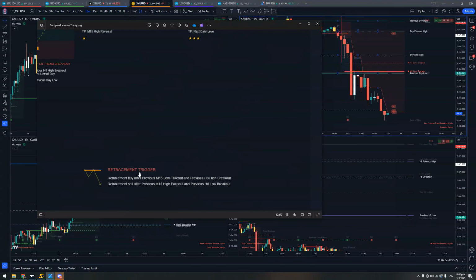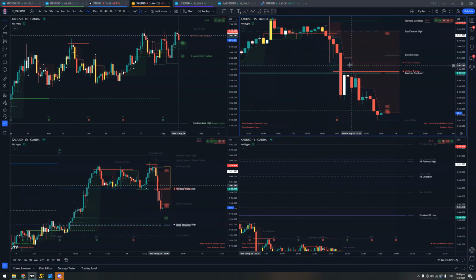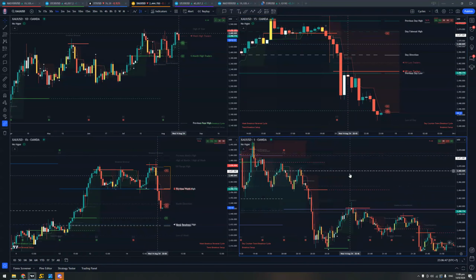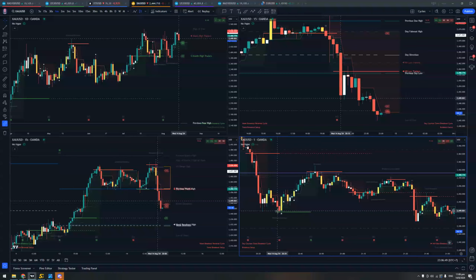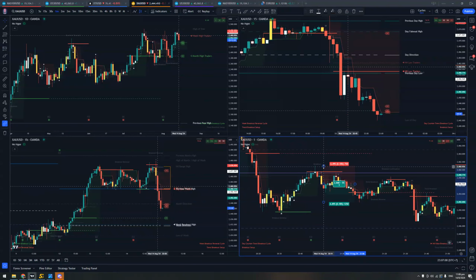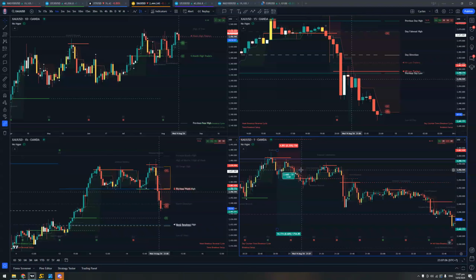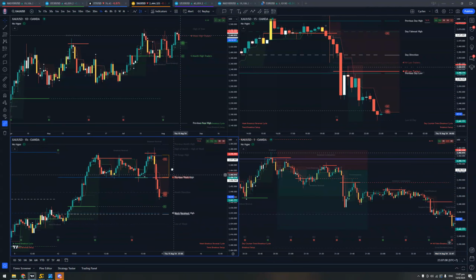So these white bars are fake out bars. Here's the bearish M15 fake out. This is what I'm waiting for to enter in a breakout. So in this case, had the M15 fake out right here, and below the previous day low and below the previous H8 low, entered on the bearish breakout bar over here and held on to it until